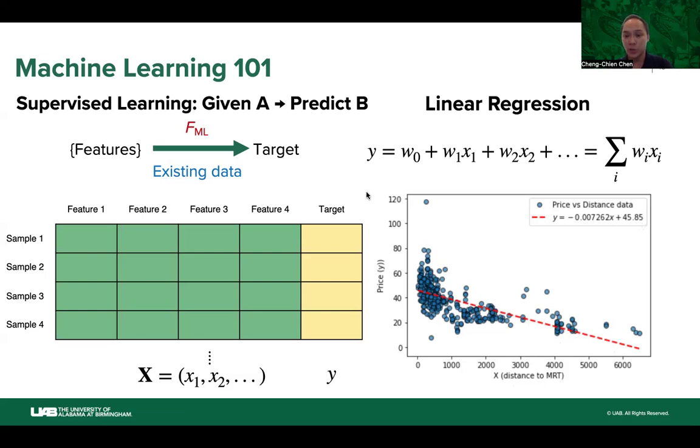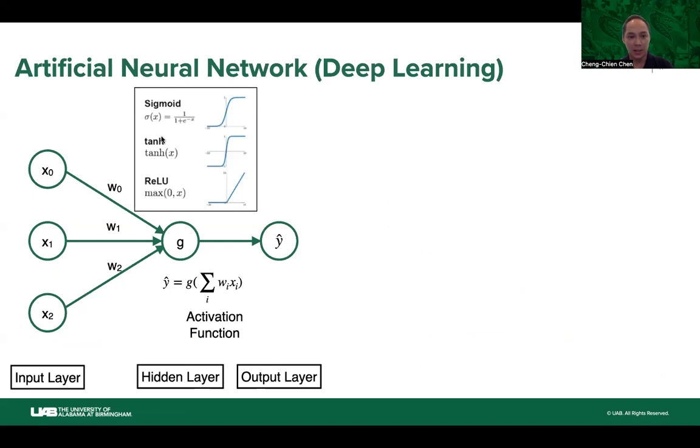Of course, if you have multiple features, then you will train a linear regression model with multiple variables. This is called multivariate linear regression. Although this is a fairly simple model, so of course the accuracy can be more limited, the model has the advantage that it's very easy to train, and it provides you the intuition about how to interpret your results based on the weights of the corresponding features. In fact, linear regression also plays a very important role in more advanced machine learning models like artificial neural networks for deep learning simulations.